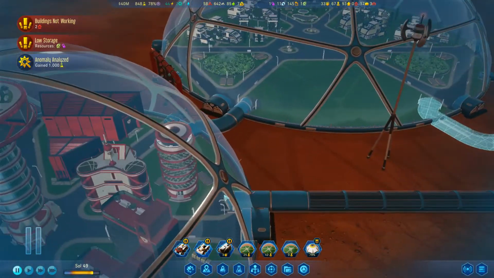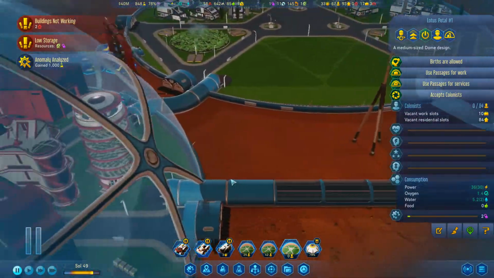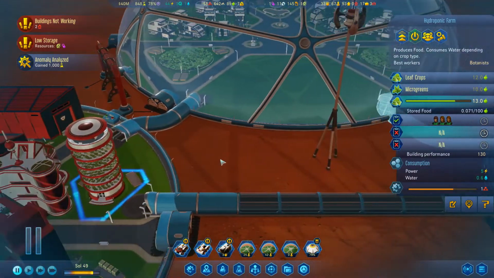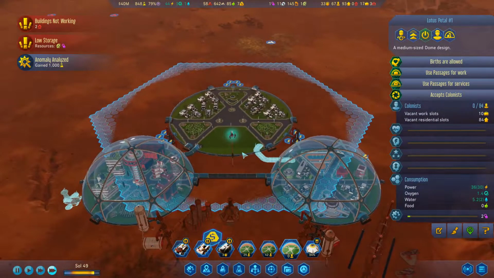So we'll have 2 passages, one to go from this to this, and another one to go from here to here, and then one crossing all together. So I think this is okay, unless we want to move the hydroponic farm up 1 notch and have all the exits come really close to each other. But I'm not too worried about that level of micromanagement just yet. We've got